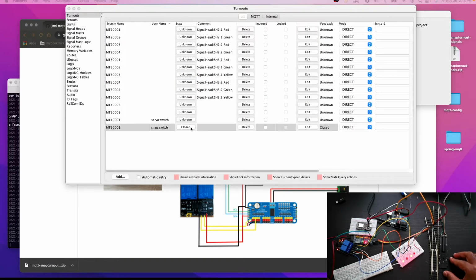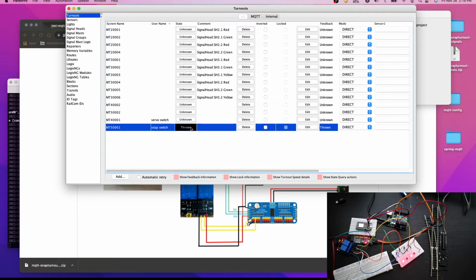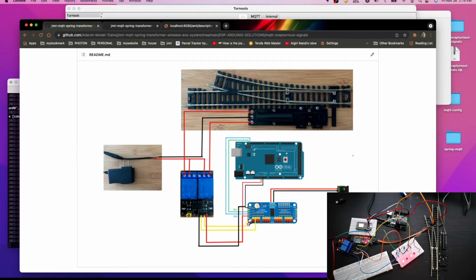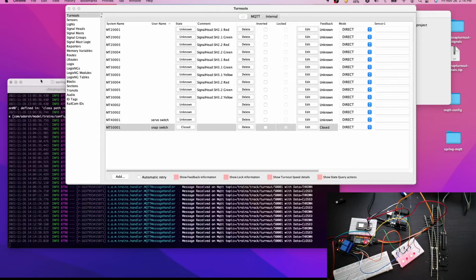And this is a completely wireless system here. I'll show you the data which is passing also. I guess we don't need this now, we can close this one.